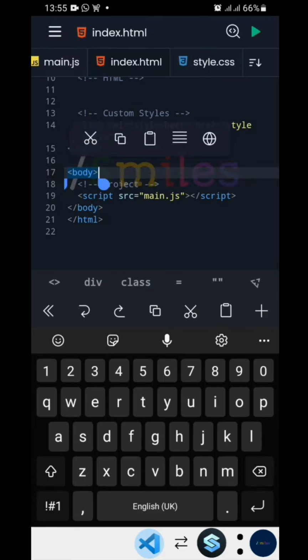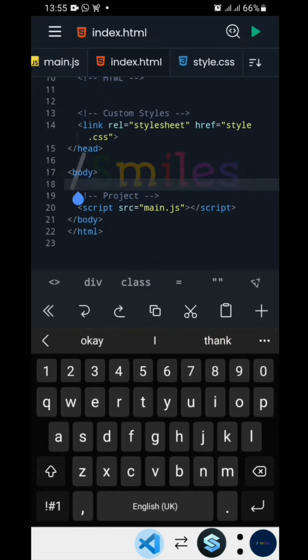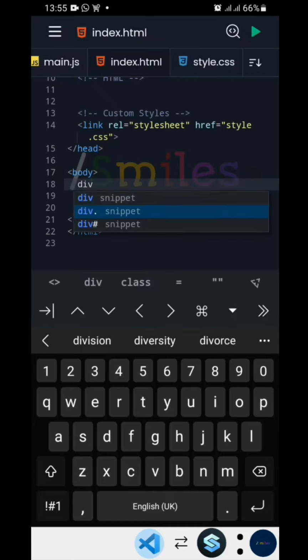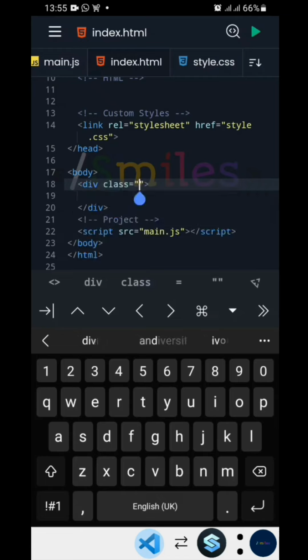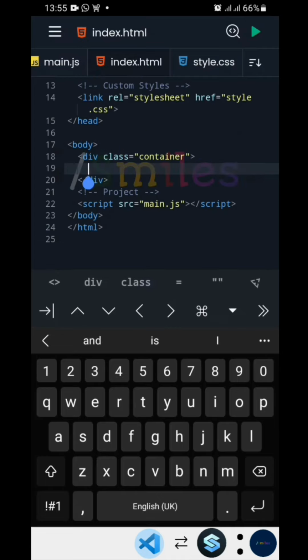Just made a mistake. I'm just going to go back one time, and that's okay. So as I said before, if you don't really know what I'm doing right here, you should really check out that video that explains everything about how to customize these applications yourself. And we just need a div tag. Inside this div tag,